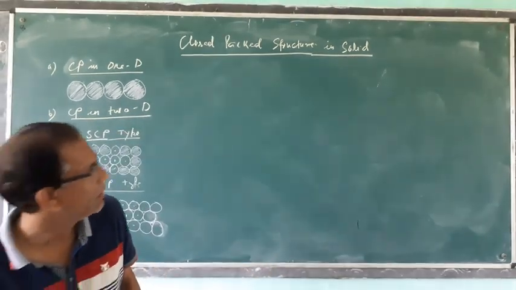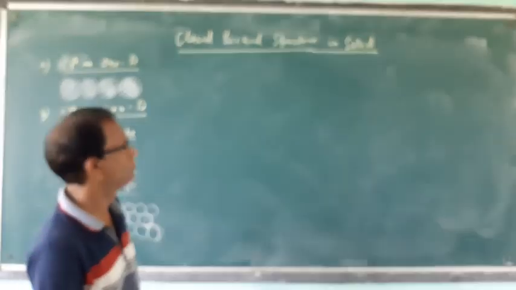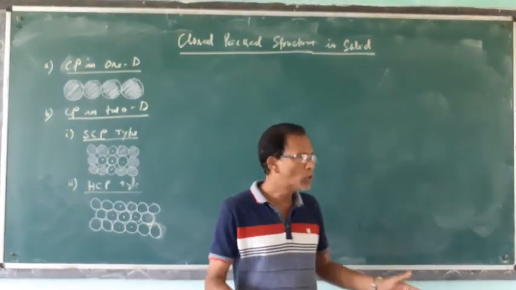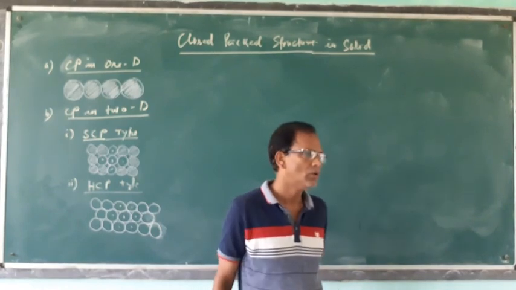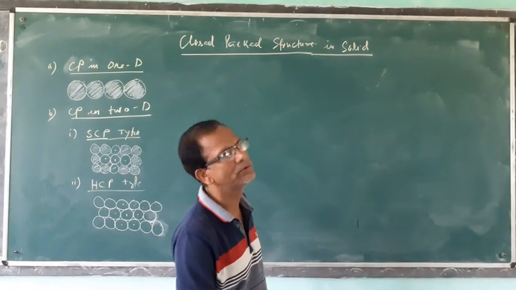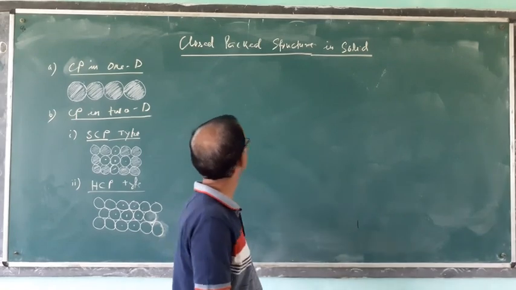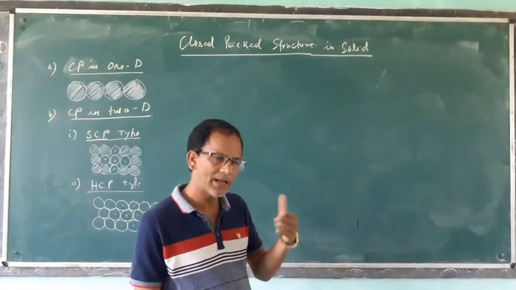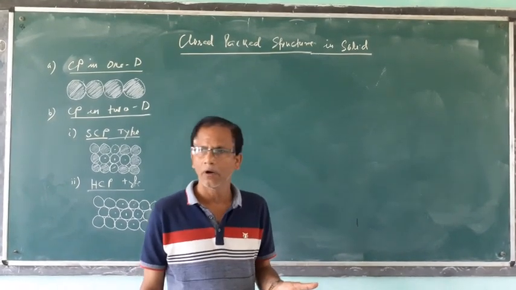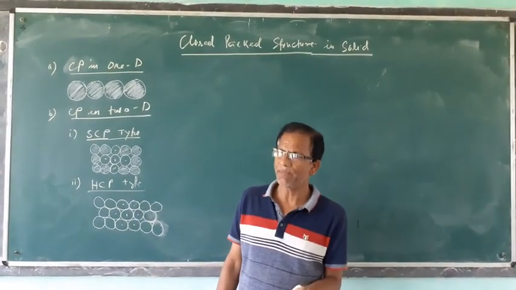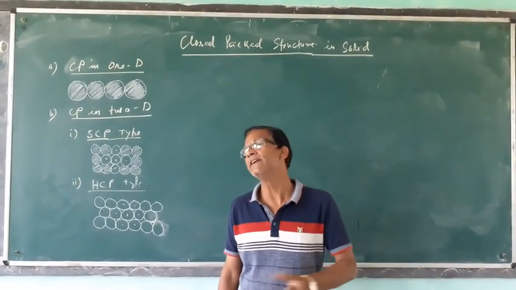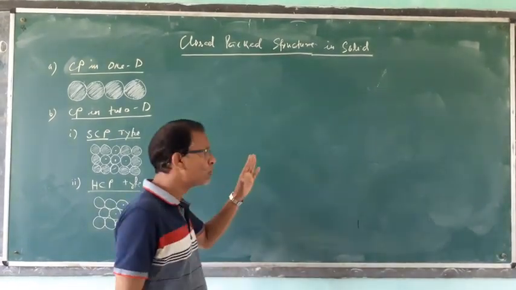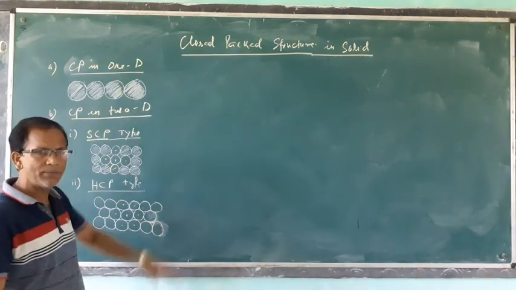So, if you place the spheres closely, we will get different types of packing. Packing may be in one dimension, two dimension, or in three dimension. So, in close packing in one dimension,